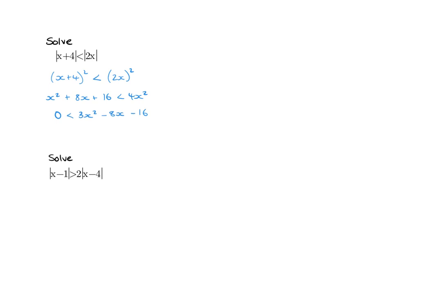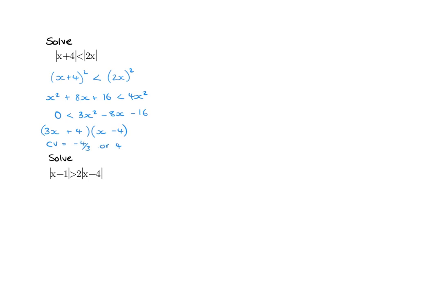Now we're left with a quadratic inequality to solve. And so to solve this, we're going to find the critical values. We can do this by factorising, by completing the square, or if you've got a calculator that will solve polynomials, you could also do this. Now I've factorised this, I can see that my critical values are going to be minus 4 over 3 and